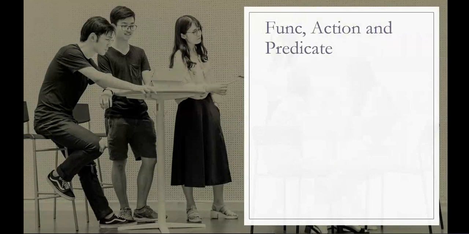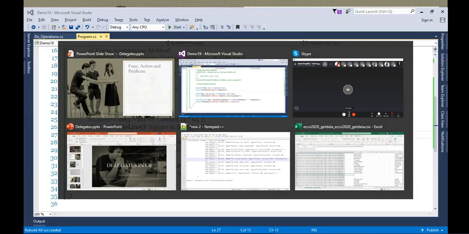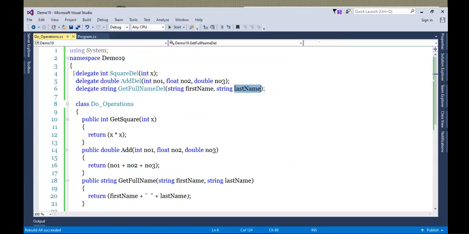Now, if you see all these three options, what are those? First we saw delegate, then we saw anonymous method. After that we saw lambda expression. Now in all these three, what is the common part? The common part is creation of delegate, right? For delegate, we need to create one compulsorily. For lambda expression also we need to create a delegate, and for anonymous method also we need to create a delegate. So we'll call it programmer delegate, meaning we always need to create this delegate.